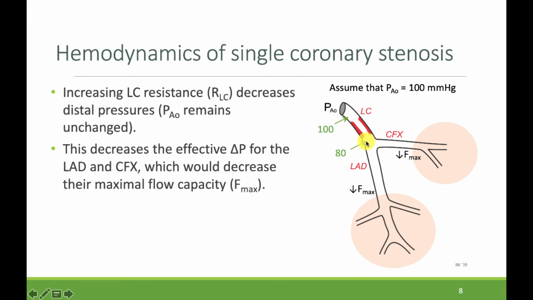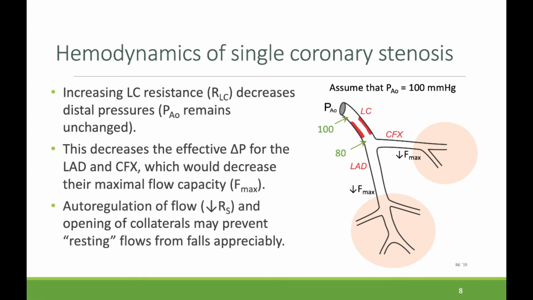But with a pressure of 80 millimeters of mercury, these vessels and these two vascular beds would still be able to dilate somewhat when needed to, but because of the reduced perfusion pressure, they will not be able to achieve the same high degree of flow increase when they are maximally dilated. Furthermore, it's important to note that with this fall in perfusion pressure to this vascular bed and this vascular bed,